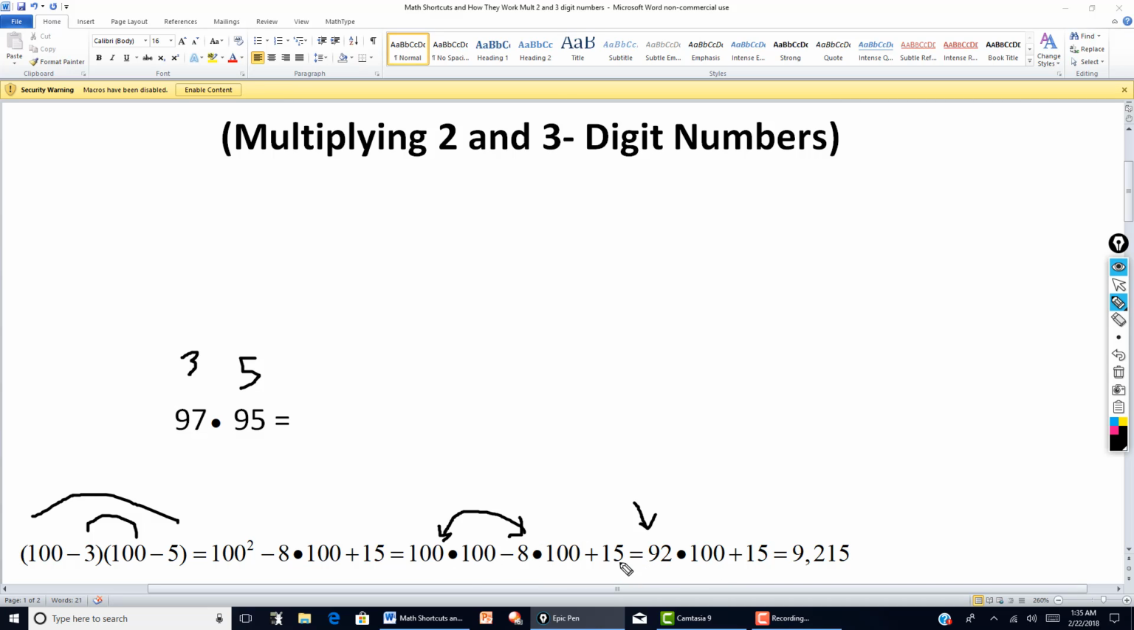And then of course here you got the 15. So 92 and 100 is 9200. So I got two zeros right there, but I'm adding 15 to that. So that's why it works. It's going to be very easy to do these types of problems if you have two numbers close